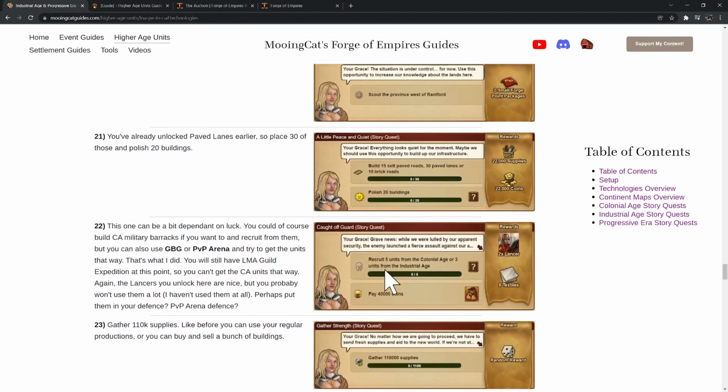And then you need to recruit 5 units from the Colonial Age. Now here, again, you can build a barrack, either a musketeer. At this point you also have the light units, I think, and some other units. But either place some barracks and recruit from them, possibly using the Alcatraz, or, like me, you can try to get